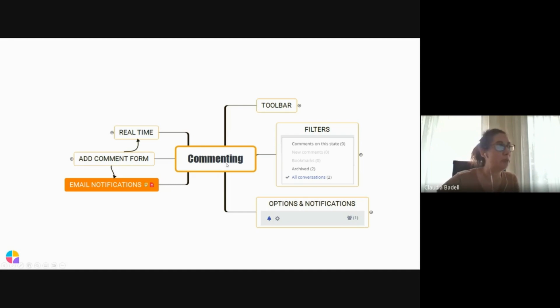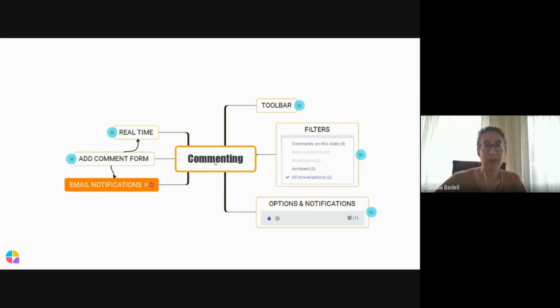For example, from the commenting feature perspective, we have to test the commenting form, but also maybe the notifications that are sent when adding a comment, or the real-time considerations and other considerations that cover the behavior of that functionality. So each of those nodes directly connected to the main node, in this case the feature commenting, represents one aspect that we may focus on when testing. They are like the charters of the exploratory testing approach.